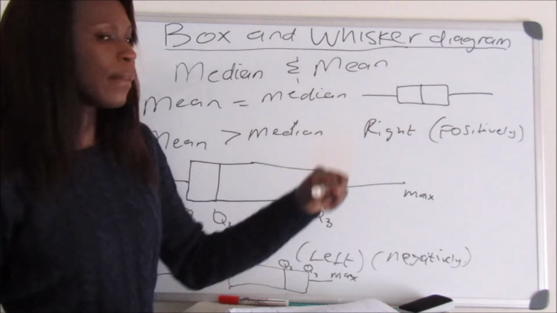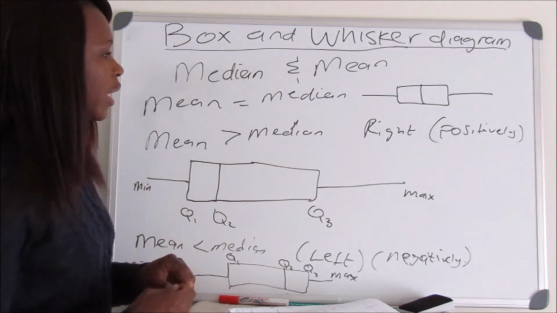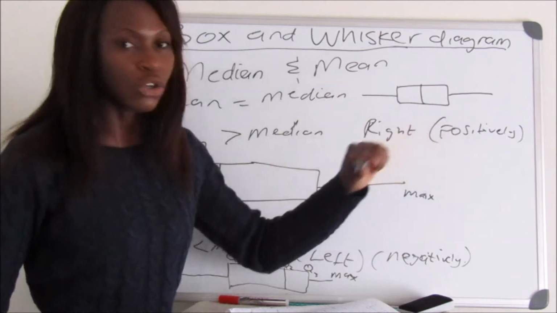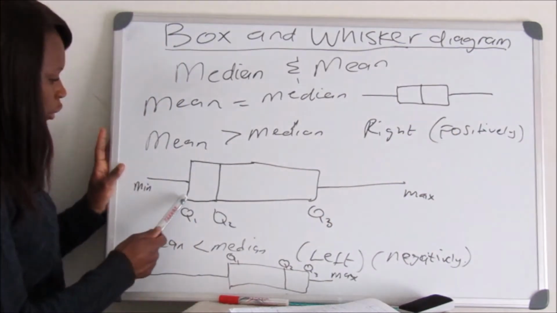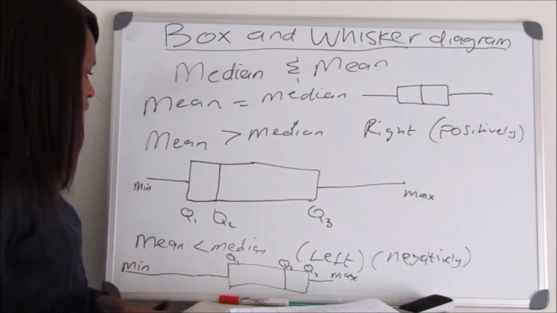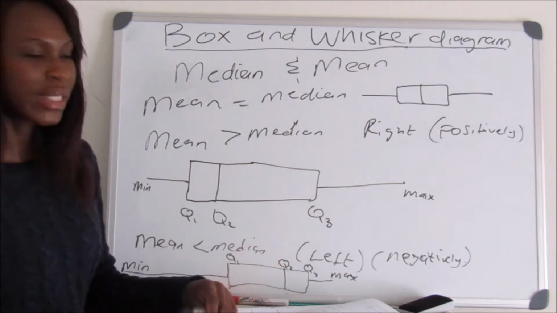Then your mean is in the middle. If your mean is greater than the median, then the diagram will be skewed to the right, which is also known as positively skewed. Then your minimum value will be closer to the lower quartile, your mean will be closer to the lower quartile, and your upper quartile will be far